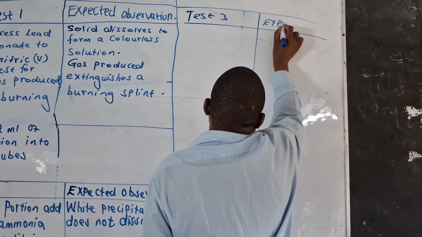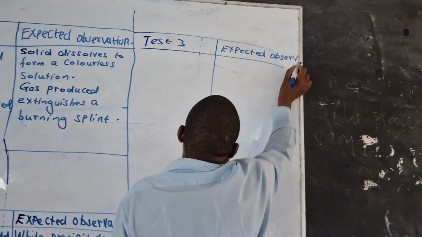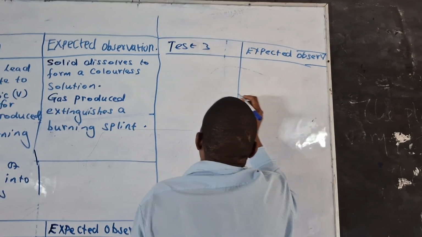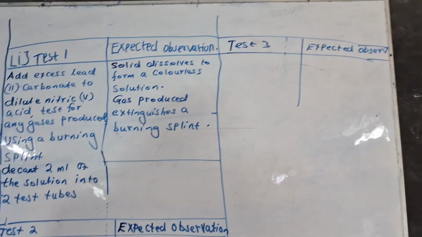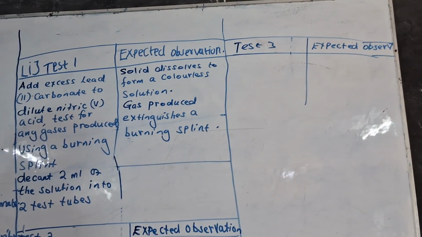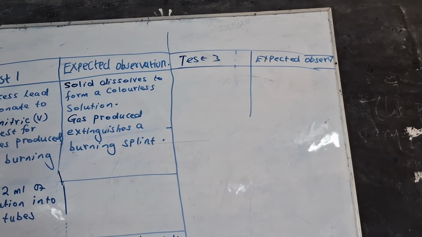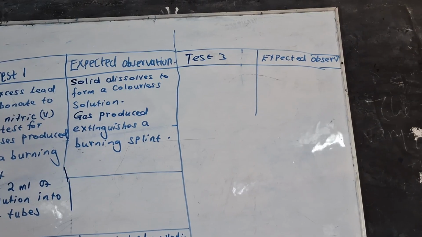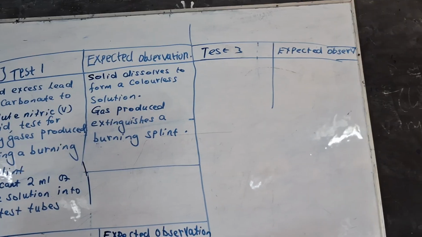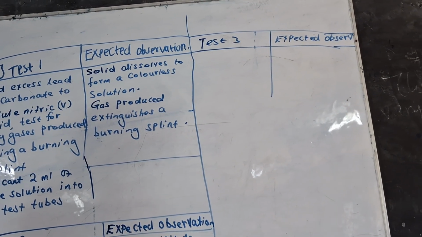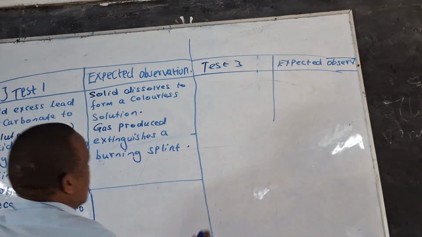Expected observation. So we say what? In test number 3, to the second portion, add sodium sulfate. How much of the sodium sulfate? We must quantify again. We say 3 drops, 4 drops, 5 drops. But for most of the experiments, you usually use how many drops? Only 3. Okay? So you say to